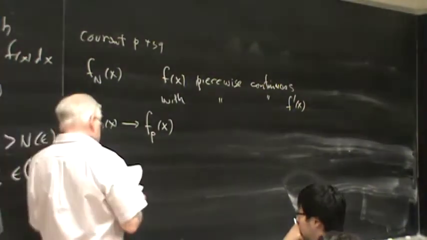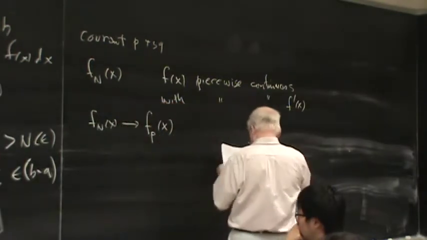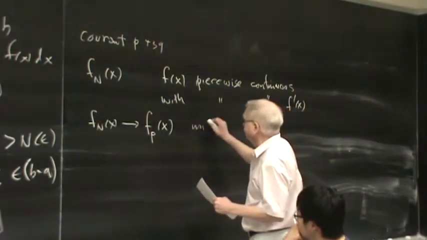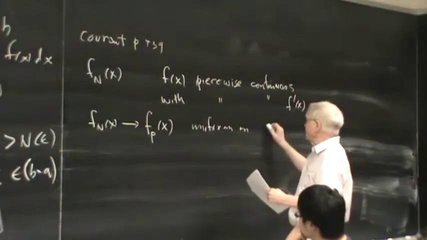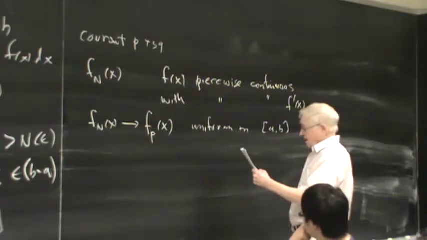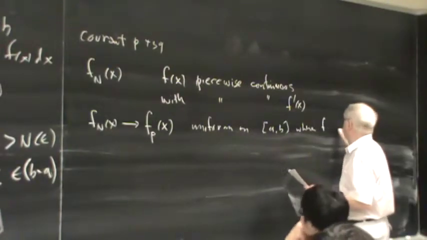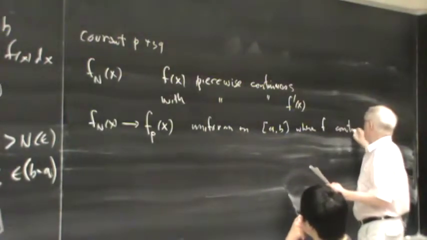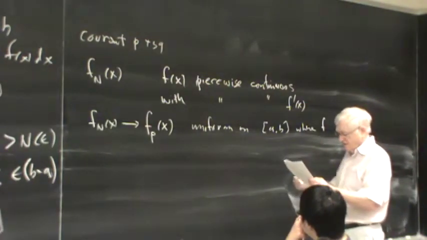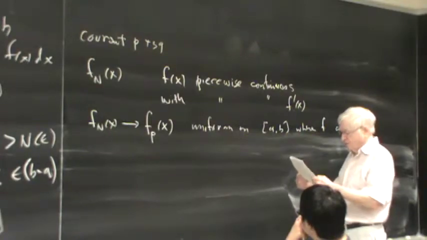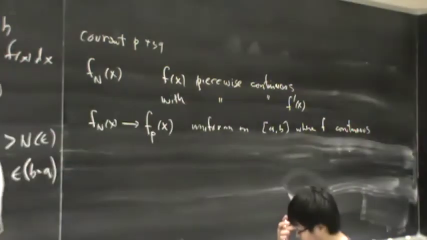So the convergence is uniform on every closed interval on which the function is continuous. And it's absolute if there aren't any discontinuities. Well, in fact, if it's continuous, there aren't any discontinuities. I'm a little puzzled what I meant by that. Anyway,